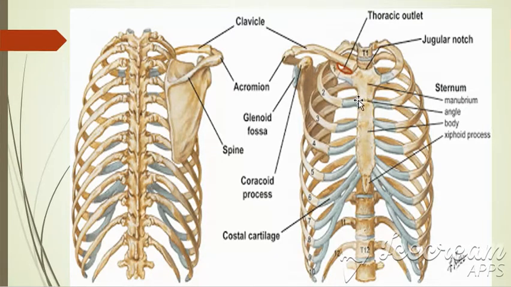Then come to the third landmark. This is the manubriosternal joint or sternal angle, and it is felt as a transverse ridge about 5 cm below the suprasternal notch. This is the suprasternal notch, and from here 5 cm below the angle is present. It lies at the level of the second costal cartilage anteriorly. This is the second costal cartilage. It is present anteriorly, and posteriorly